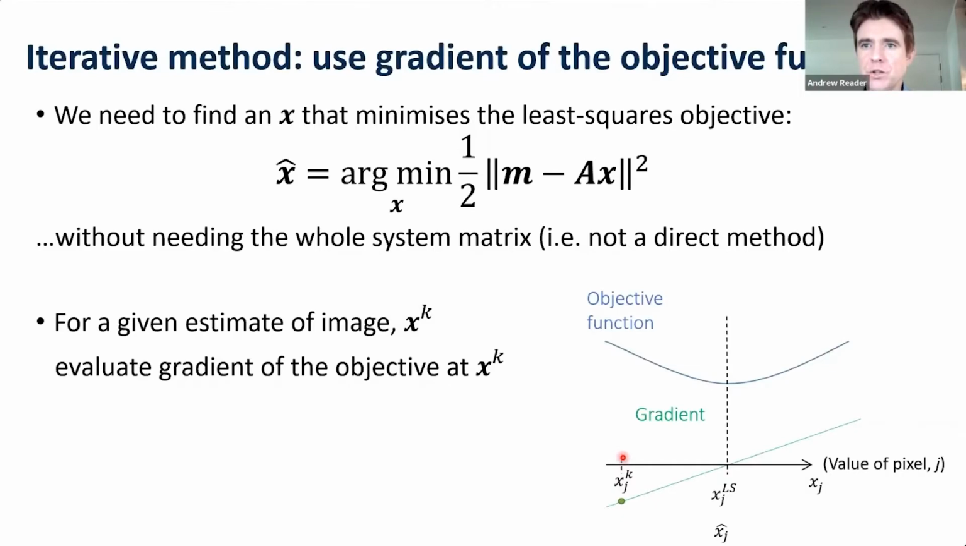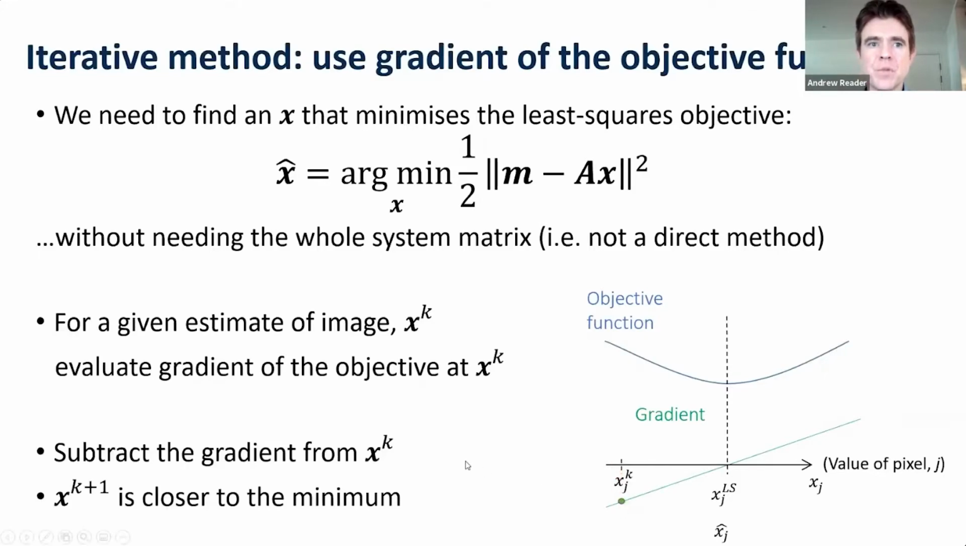What I can do is find the gradient of that objective function. So this is a quadratic, it's parabolic. And so here the function is decreasing, here the function is increasing. So here the gradient is negative, here the gradient is positive. And we can see that for a given pixel value, we can find the value of the gradient,